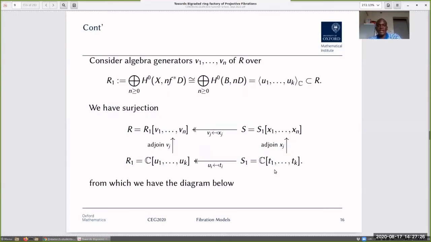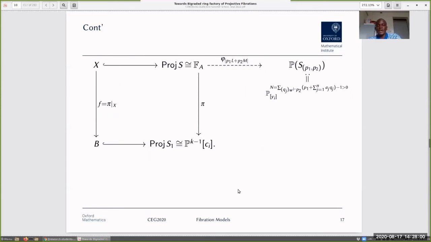So from this, if we take the V_i to be the algebraic generators of R, and R1 as the subring of R generated by the U_i, which are also variables, then we have surjections from S1 to R1. S1 is the coordinate ring of the base, and R1 is as defined earlier. Then we can also extend this to S1 and R as shown in this diagram, from which we get this